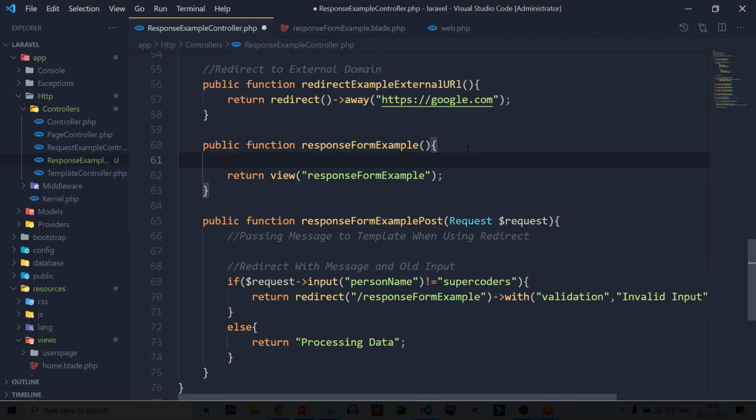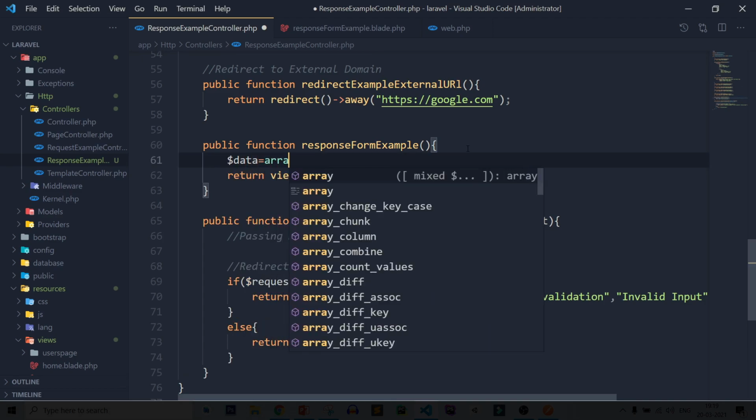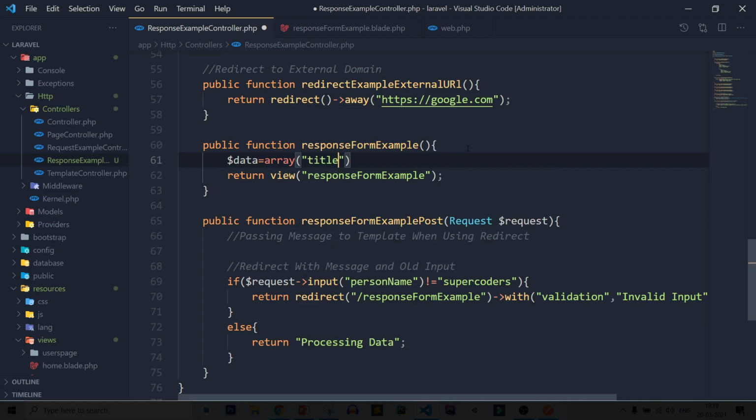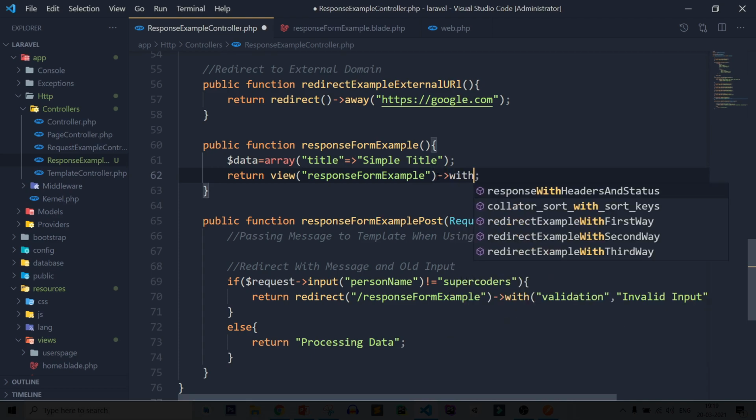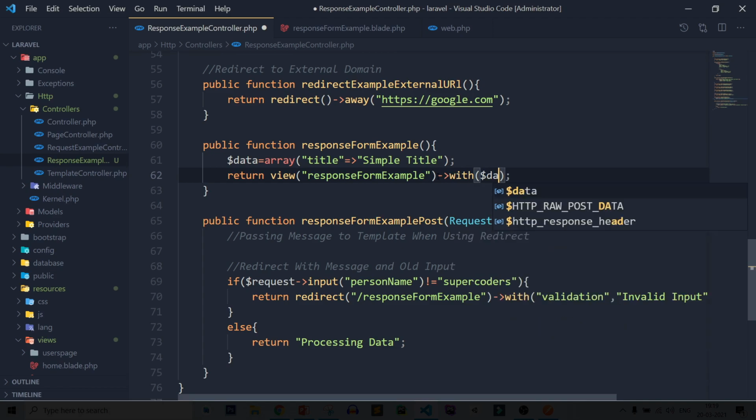For this you need to add data equal to array title, simple title. Now let's see how you can pass this to our template page. For this you need to add with dollar data, save this file and let's see if it's working or not.